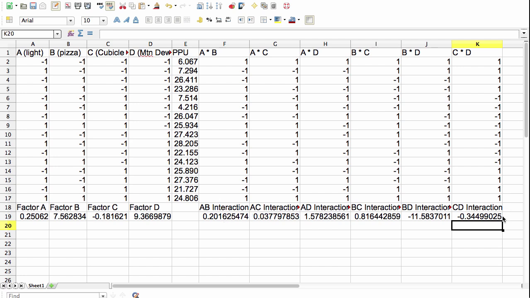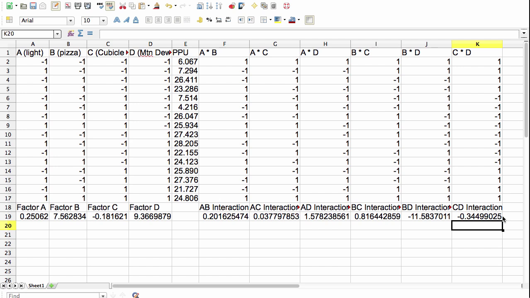I will not compute higher order interaction effects, that is third order interactions, which include interactions between 3 factors, or the fourth order interaction, which includes the interaction of all the factors, because I'm assuming that only the second order effects